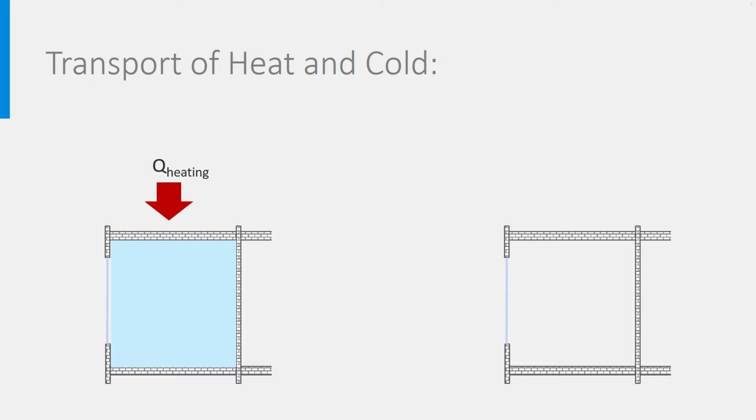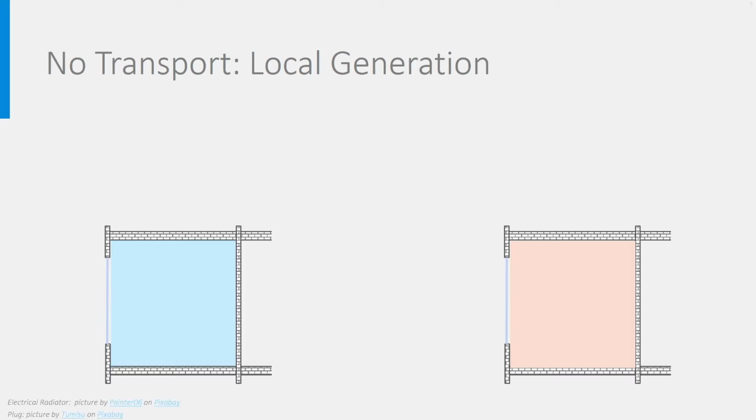See on the left. If the balance is positive, there is a surplus of heat and the room must be cooled, otherwise it would become hot. See on the right. Basically, there are three main ways of bringing heat and cold in a room. First, you can generate the heat and the cold in the room itself. There is therefore no need for transport.